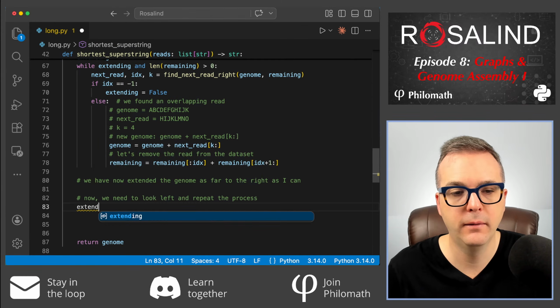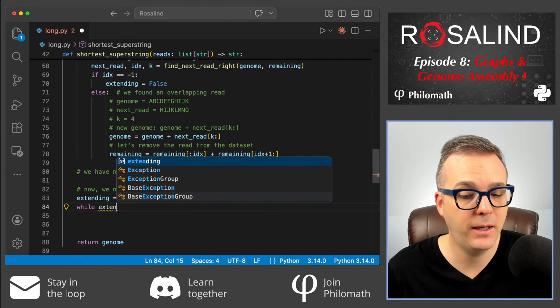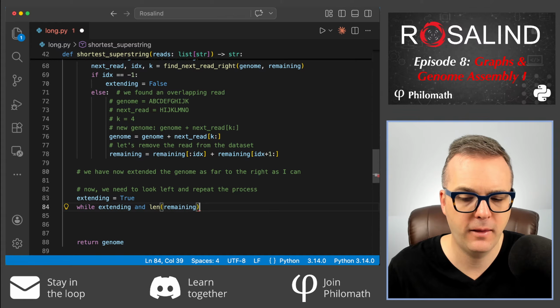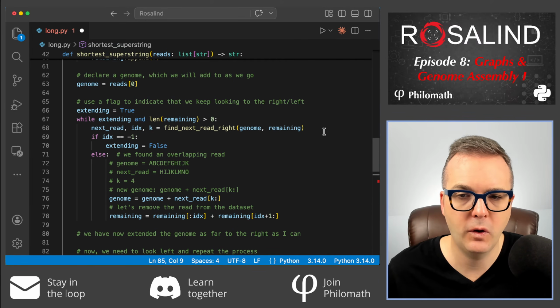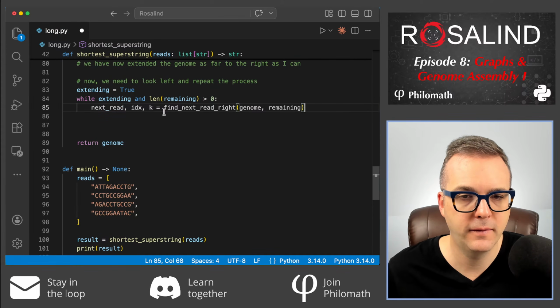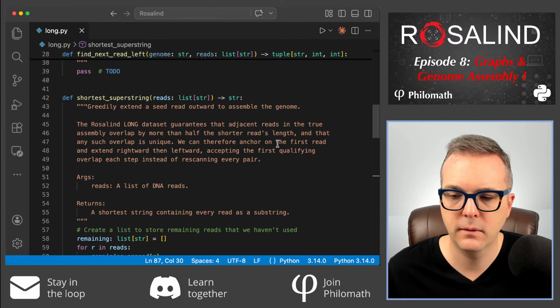I'm going to use a flag. Extending is equal to true. While that remains true, and there's still anything in the reads, I'm going to do the exact same setup. So everything here is the same, except if that's the case,